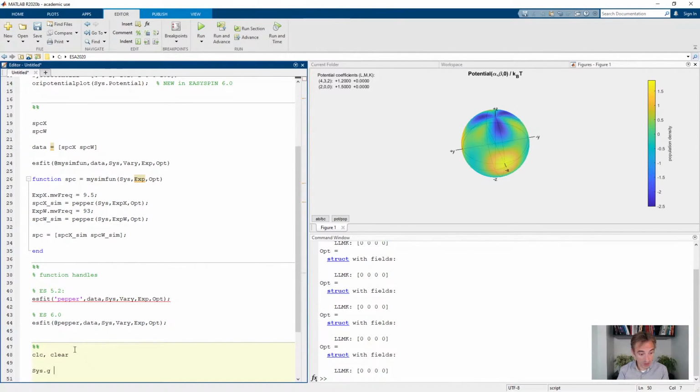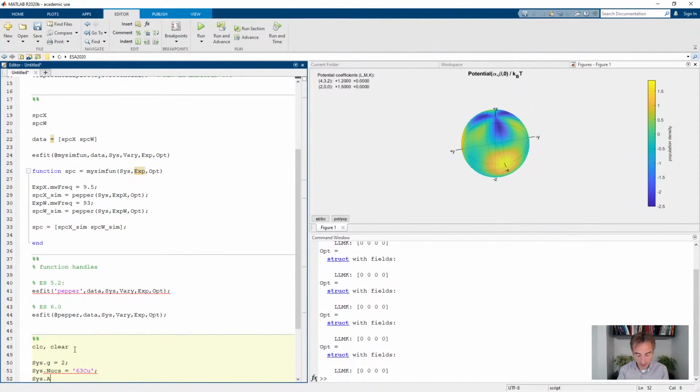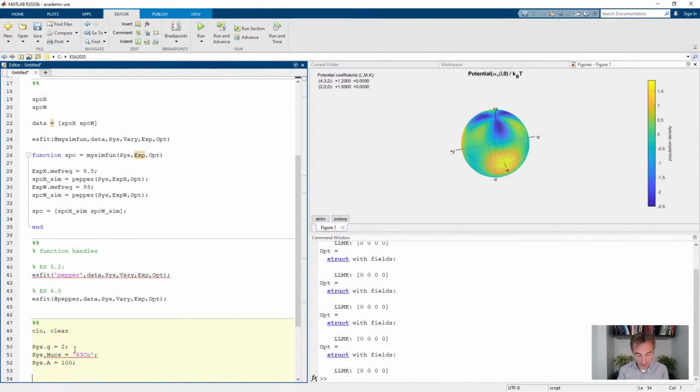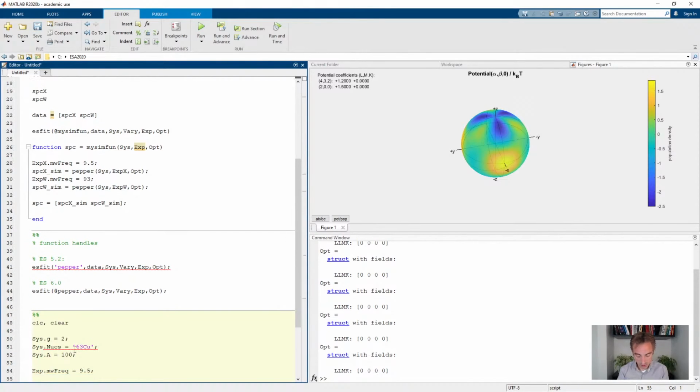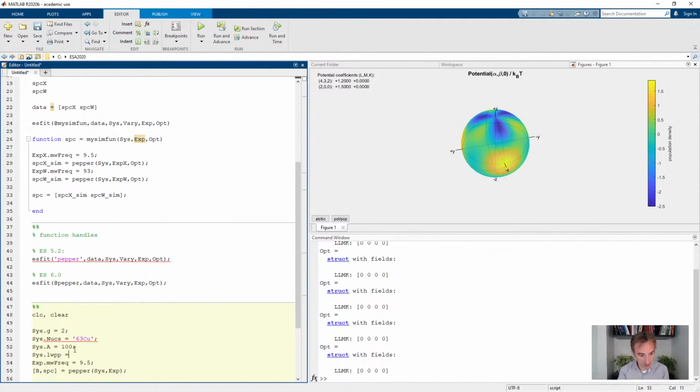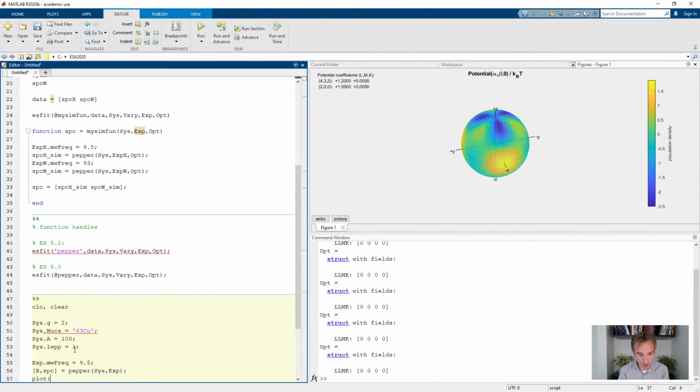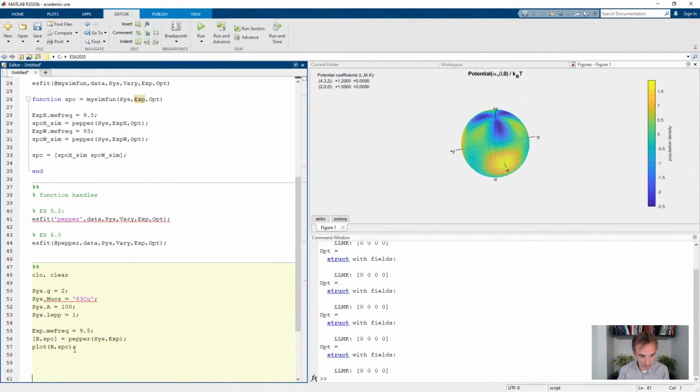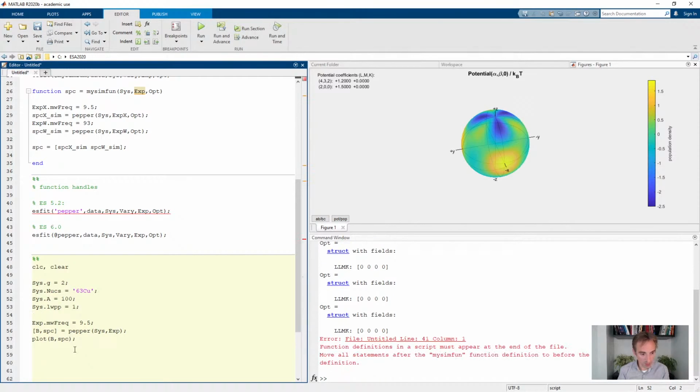Let's take a spin system with a g equals 2. Let's use a copper-63 nucleus, and let's put some hyperfine coupling in there. Okay, and now just choose an X-band experiment, and just calculate the spectrum using pepper. Maybe add a little bit of peak-to-peak line broadening, and then plot the spectrum. Okay, if you run this,